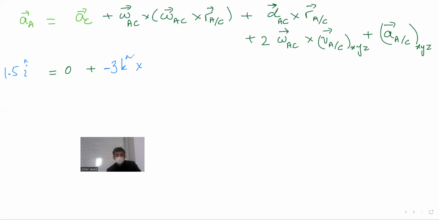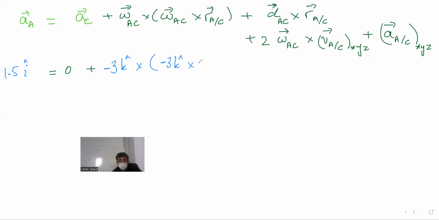Good observation. Again, this is one of those classical mistakes that happen, because my assumption was clockwise previously. That's why you see in your notes, it's minus omega AC k unit vector that I wrote there. The answer came out to be positive 3. So maths was agreeing with me. Since maths was agreeing with me, the rod is having a clockwise motion. Now I have to use negative 3 k unit vector, because maths tells me you are right. It is clockwise motion, and clockwise, as per our frame of reference, is negative k unit vector.